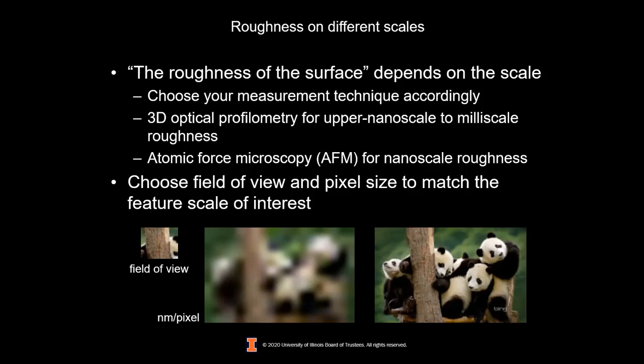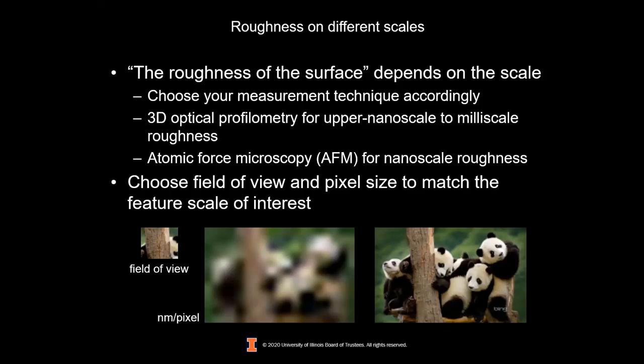So the way to figure out what the optimal field of view and optimal resolution is to start with a small image, small field of view, reasonably high resolution, increase the field of view size while still keeping the number of nanometers per pixel the same, and then keep doing that until you get a large enough image that your answer doesn't change as you increase your field of view. There are 2 downsides to doing it that way, which is the quote-unquote right way to do